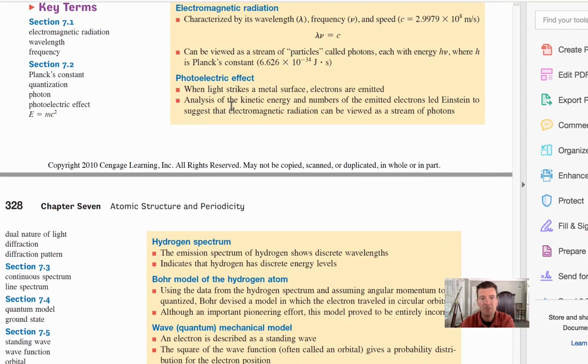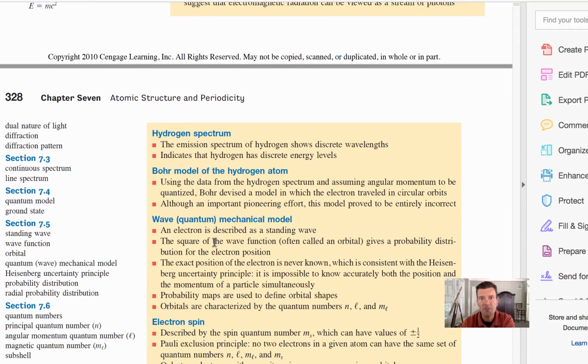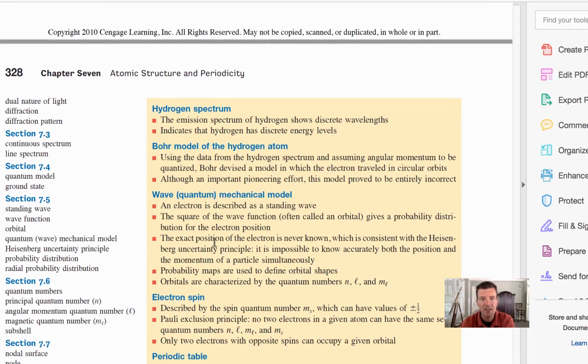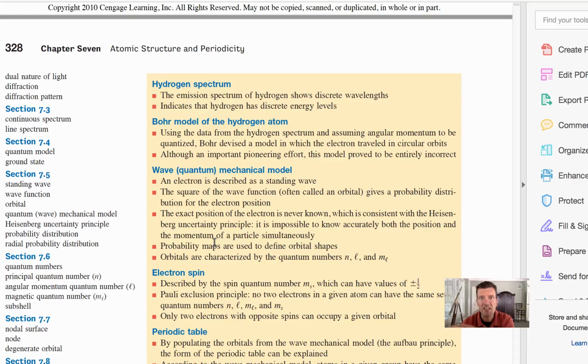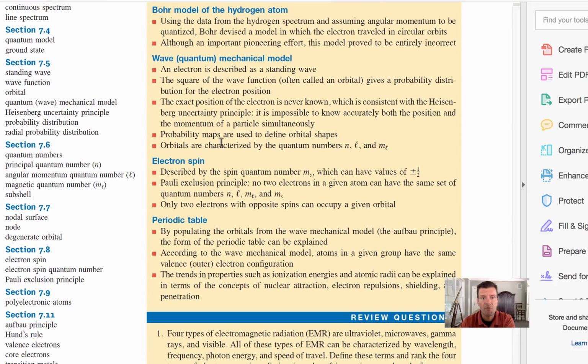One is the photoelectric effect. There's a hydrogen spectrum, the Bohr model. So make sure you're doing a little bit of a history lesson here. It's very interesting, and I think it'll help you set the stage for then learning a little bit more about the electron configurations and how they were discovered. Okay, it's going to be important for you to understand